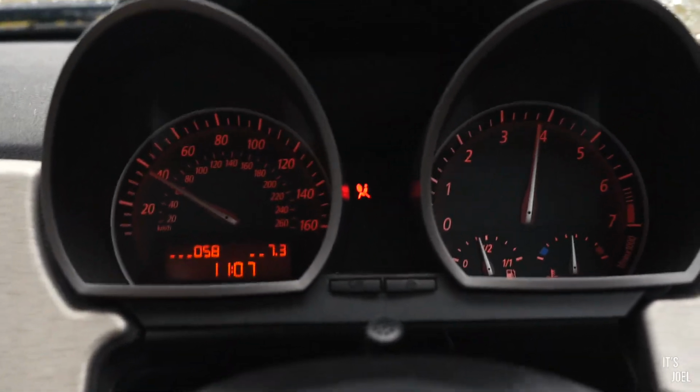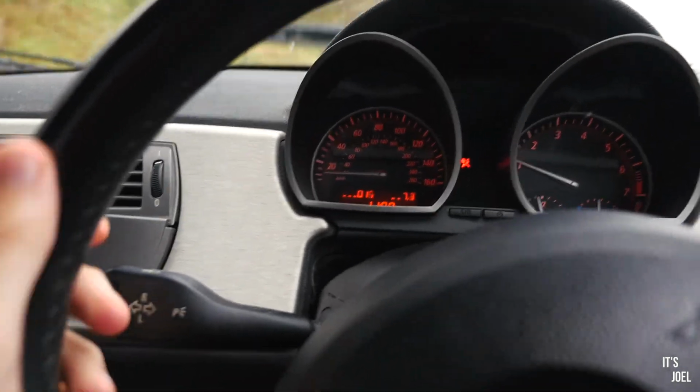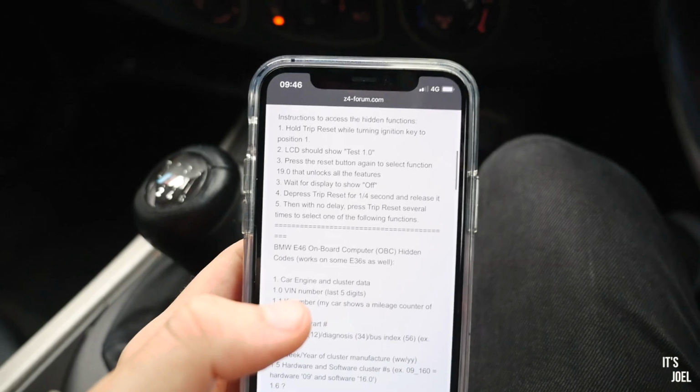That is awesome. Guys, that is so cool. I'm not gonna lie, I'm probably going to leave my display reading the digital speedo. That is awesome. But yeah, like I say, I've been going off a list which I screenshotted from the Z4